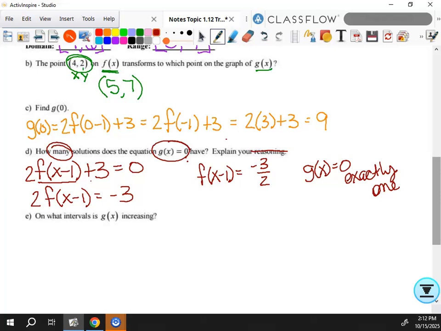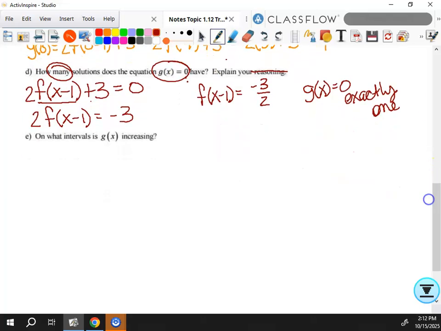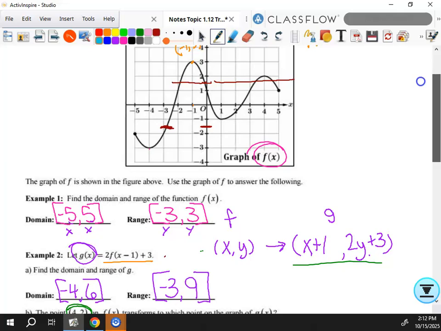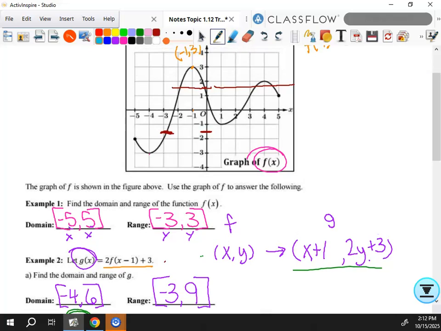Okay, then we are asked, on what intervals is g of x increasing? Well, I can look up here and tell you where f of x is increasing, because I have a graph. I don't want to have to graph g of x. I could, but I don't want to, and you don't have time for all that. But what I do know is if I figure out where f is increasing, so f is increasing here and here,